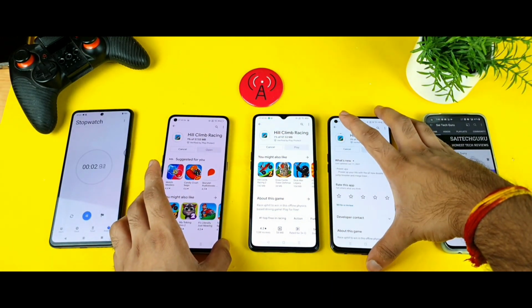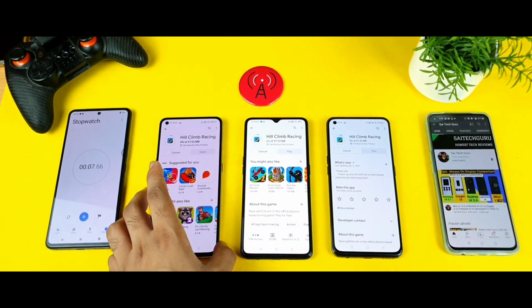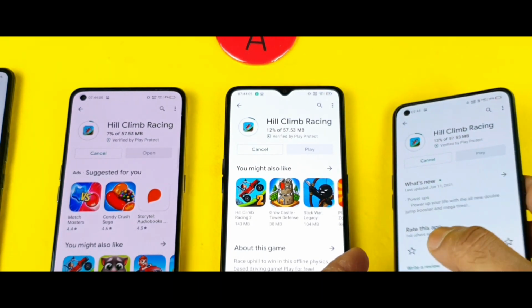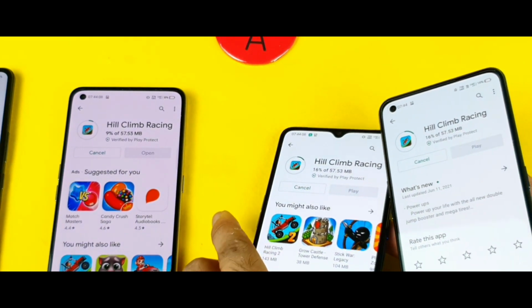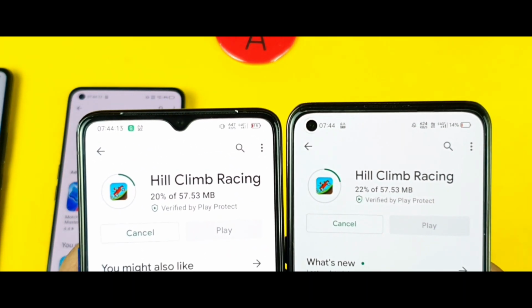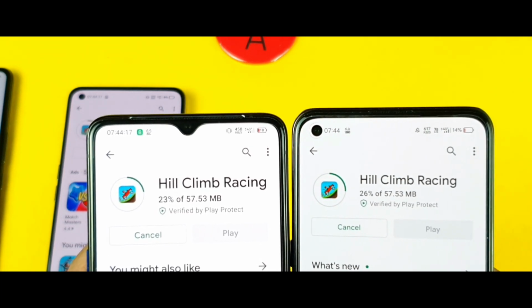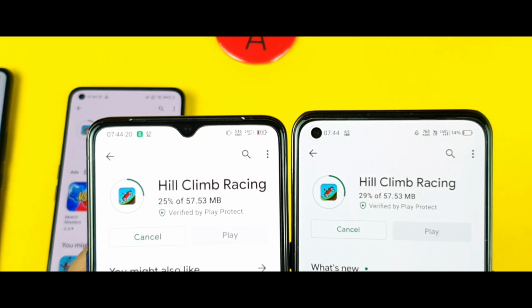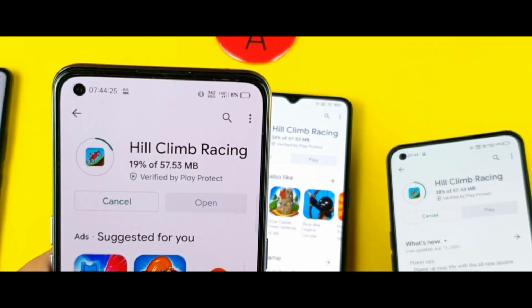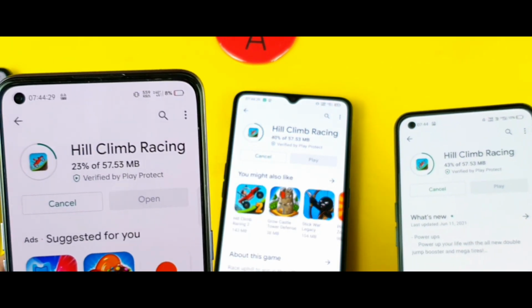Now let's observe which phone's percentage is going faster. I think the Realme X1 Max percentage is going faster. As you can see, friends, the Realme X1 Max is doing a slightly better job, a little bit. You can see the top download speeds as well, and which band each phone is using. I'm getting 600 kbps on this Realme X1 Max, and 450-500 kbps on this Realme X2 Pro, whereas the Realme X1 Pro is not performing that great, so I think it's out of the league maybe, but let's see what will happen.